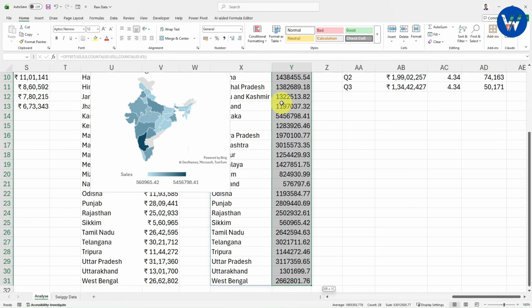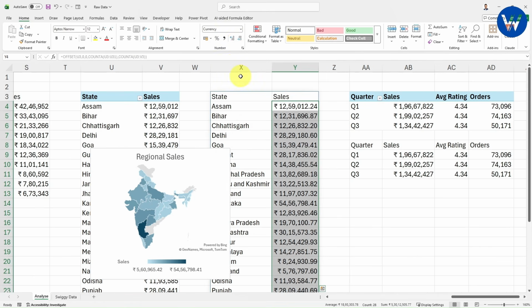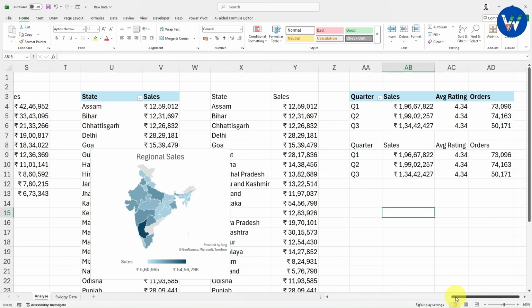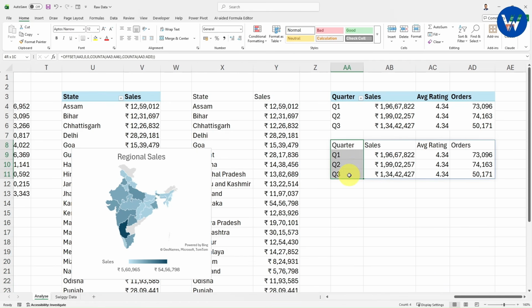It is very simple. Select the data in the same way. Go with this option, click on currency. Now you can reduce the decimal places. Now you can give the formatting easily. I will make it bold, right? Press Ctrl V. In the same way you can give the formatting easily. Now if you notice carefully, there will be no filter icon for this complete array range.